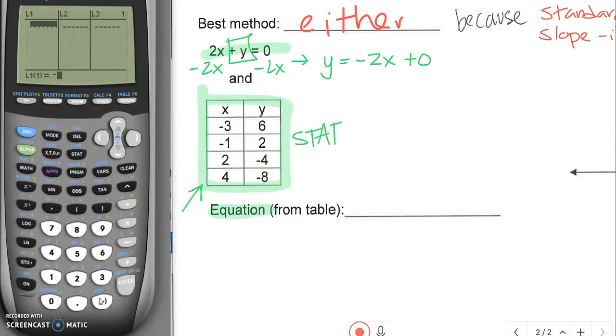So -3, -1, and then 2, 4, and then 6, 2, -4, -8, stat, arrow to calc, 4, enter all the way down,